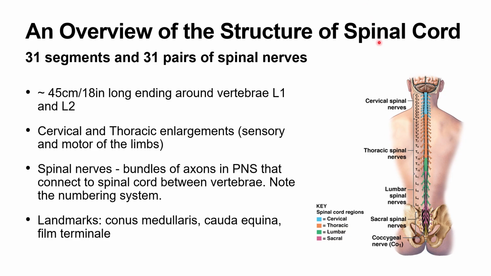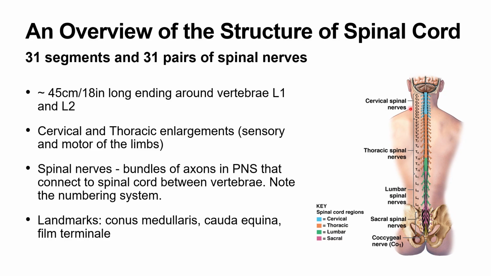Now, on the topic of the spinal cord here, note that when we are talking about the spinal nerves, we are talking about these small areas of nervous tissue that are going to be branching off of the spinal cord and then traveling through the body as parts of the peripheral nervous system. Now, keep in mind the numbering system that we use for each of these pairs of spinal nerves, because remember,